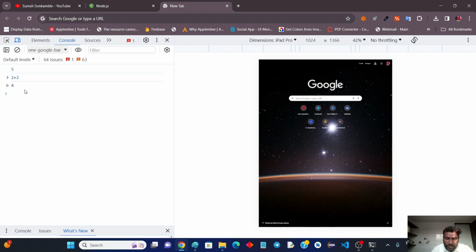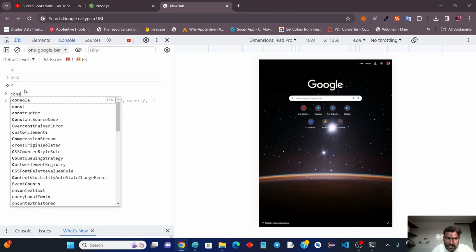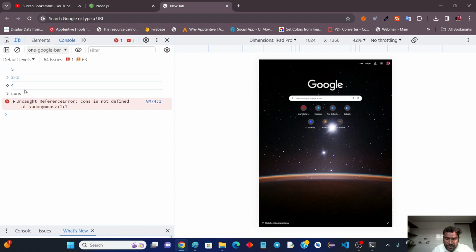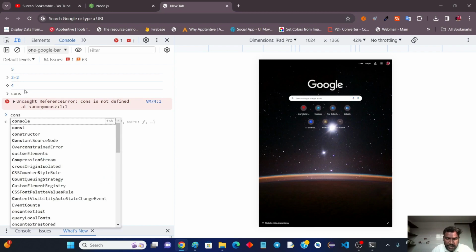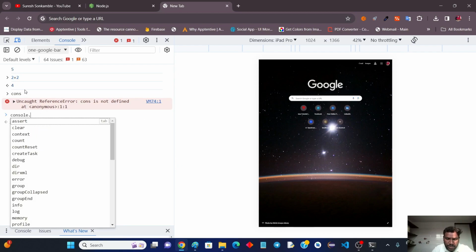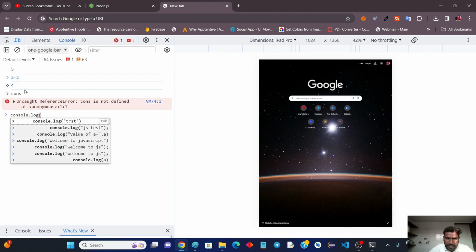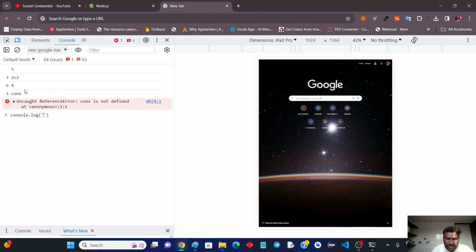Okay, so this is client side JavaScript. Understood? console.log, just print the message client side JS. Hit this. Okay. Now, this same environment, if you want to create at the server side,